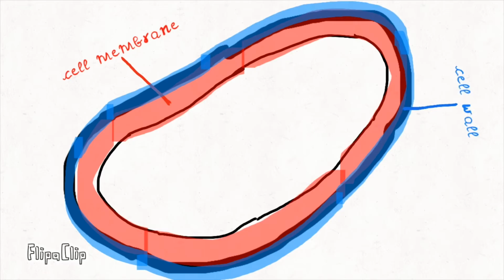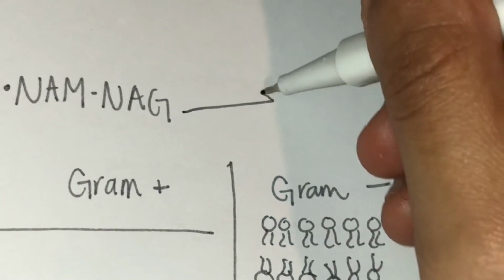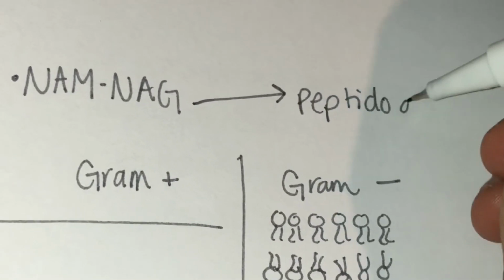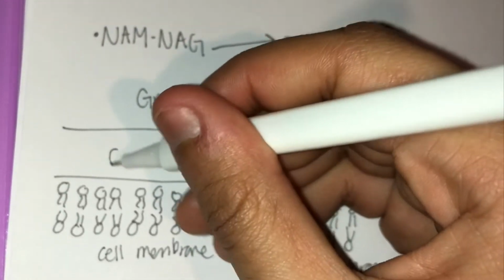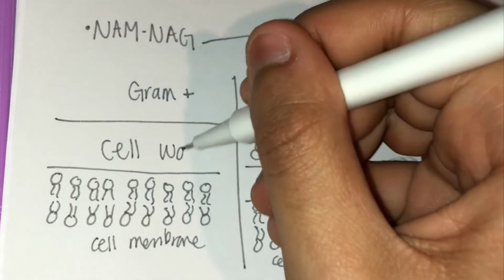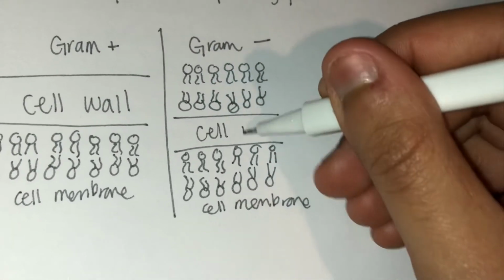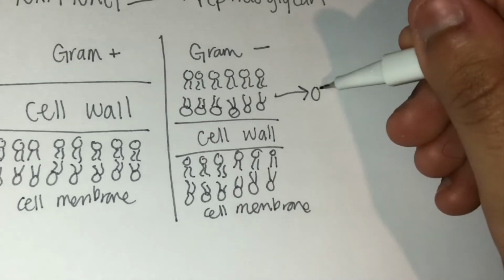Next, let's take a look at the cell wall. A prokaryote cell wall is made up of NAM-NAG, which is a monomer of peptidoglycan. Prokaryotes are bacteria. Let's examine the two types of cell wall occurrences. In gram-positive bacteria, the peptidoglycan cell wall is thicker and on the outside of the cell membrane. In gram-negative bacteria, the cell wall is still on the outside of the membrane, but there is an outer membrane